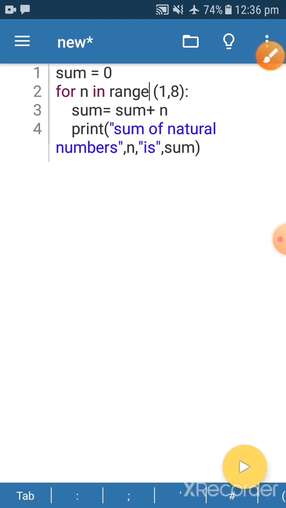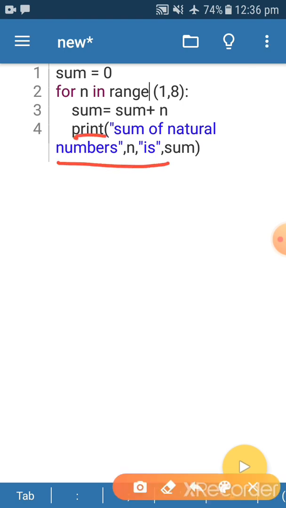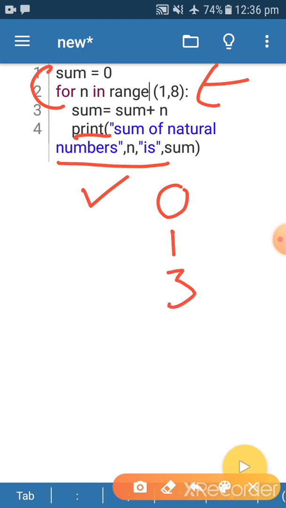It means we have written this print function inside this for. So the number of times this for loop works, the same number of times this print message is going to be printed and show the current position of sum, because at every step the sum is different: initially sum is 0, next time sum is 1, next time sum is 3, and so on.